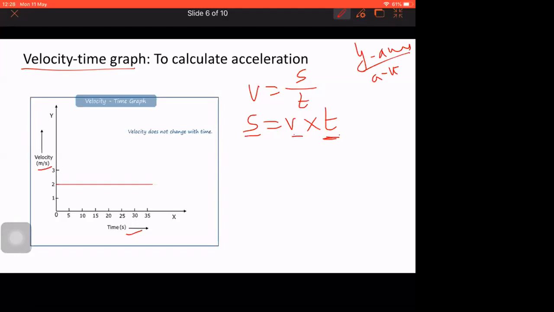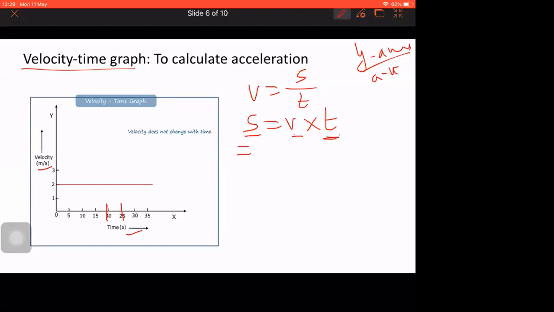Now, what I will do is take two time intervals. I want the distance covered by the object between 20 to 25 seconds. Between this time interval, I want the distance covered by the body. Can anyone calculate and tell me immediately? Between 20 seconds and 25 seconds, I want the displacement covered by the body. Can I get it from the velocity time graph? If anyone can do it, tell me. 1 meter. 10 meters. 10 meters.